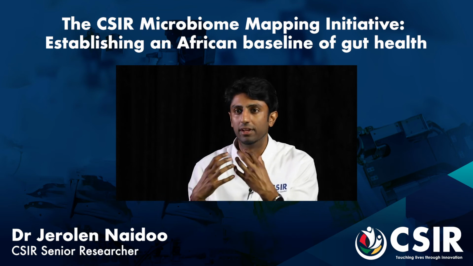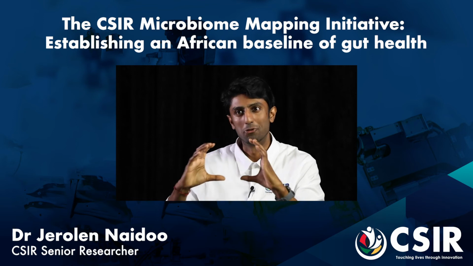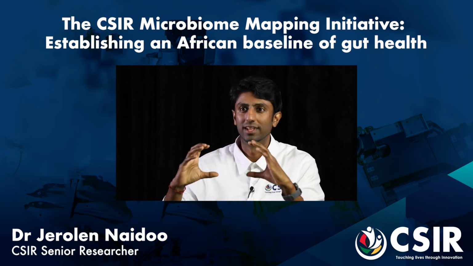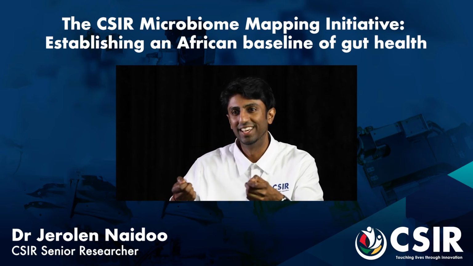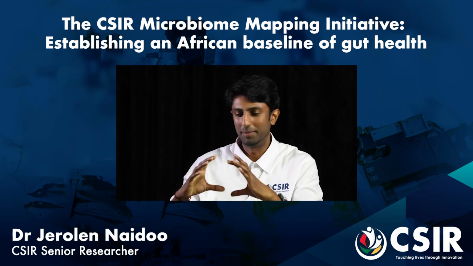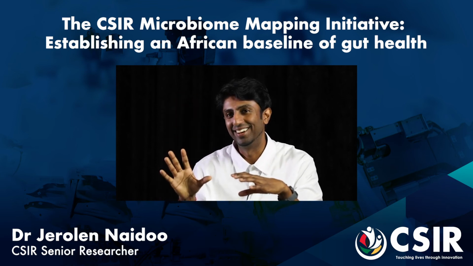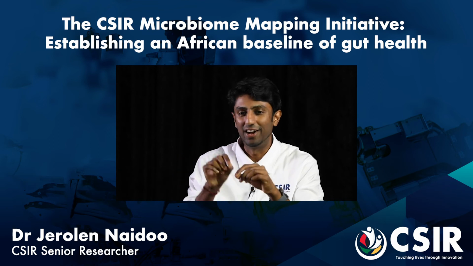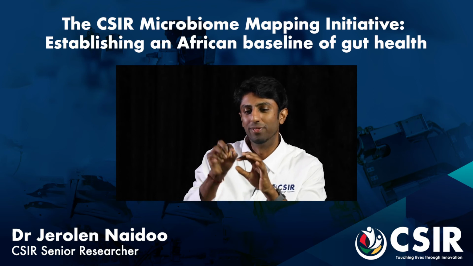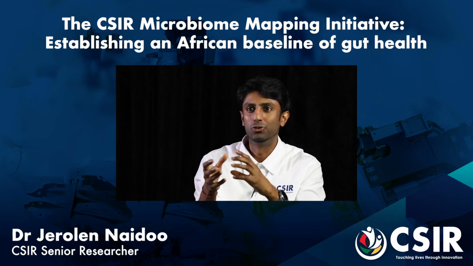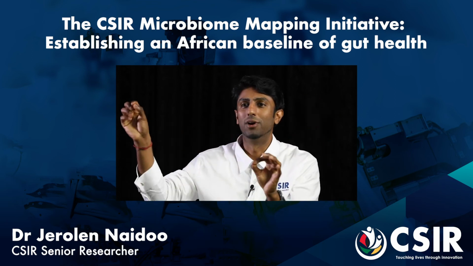The idea is to gather this information. So what we will be doing, though, is providing people with a nice little report, which is similar to what's done in the American Gut Project in the US at the moment. So people volunteer for the study, they contribute their samples, and what they get back is a little report that says, this is the breakdown of the different bacterial species that are in your gut, and this is how, for example, your sample may relate to everybody else at the CSIR campus. We can break it down into different groups, like this is where you placed with everybody else that eats meat, or this is how far you are from a vegetarian.